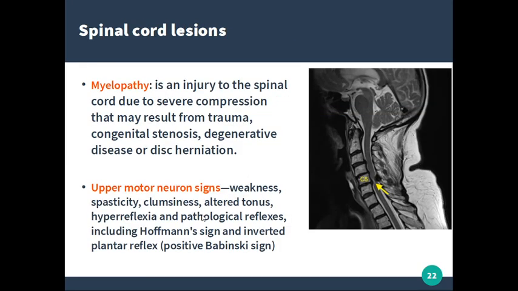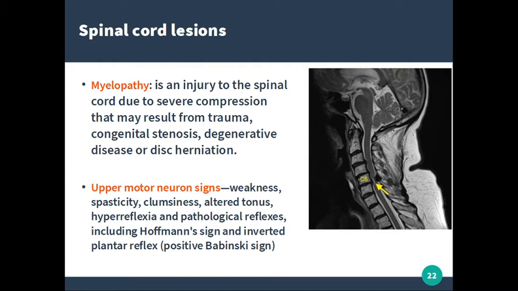So, the next type of lesion we would talk about is going to be a myelopathy. Spinal cord lesions, the most common form of which are myelopathies. Myelopathies are usually injuries to the spinal cord due to severe compression that may result from trauma, congenital stenosis of the spinal canal, degeneration, and disc herniation. Usually myelopathies, because, as we said before, the CNS consists of the brain and spinal cord,